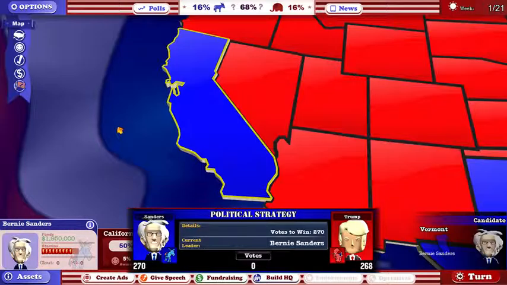So we can conclude that one of the things about the Electoral College is that it systematically overrepresents small states, the people living in small states. This is due to the fact that no matter how small a state is, it has to have at least 1 representative in the House of Representatives, and it always has 2 senators. So you're always guaranteed at least 3 electoral votes, no matter how small